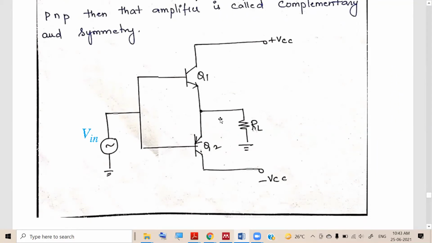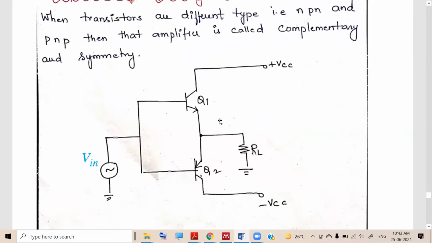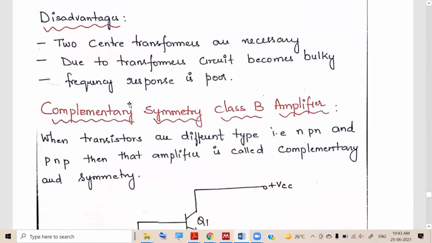Now, so far we have discussed that the average value of one half wave is Im by pi. Considering only Q1, Q1 conducts for one half cycle, and for that the average value